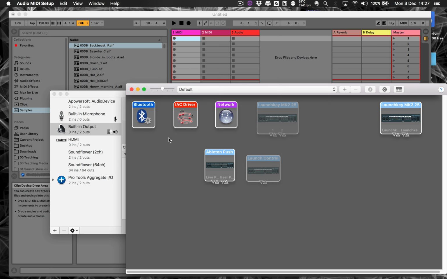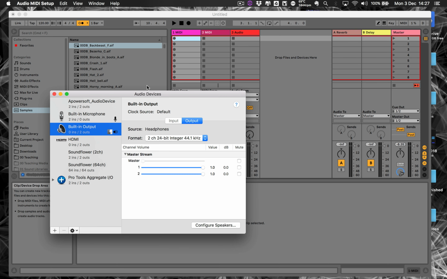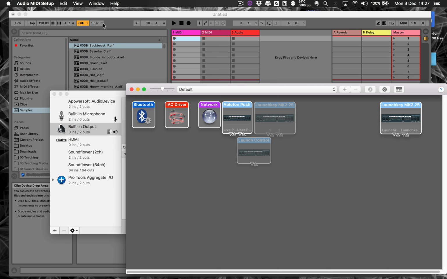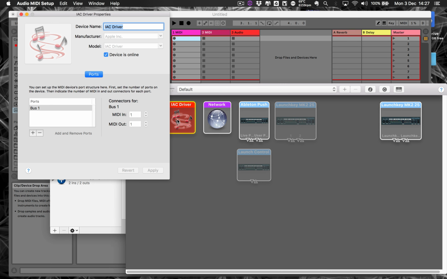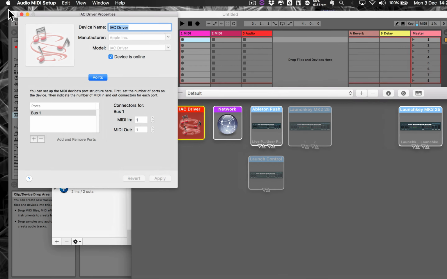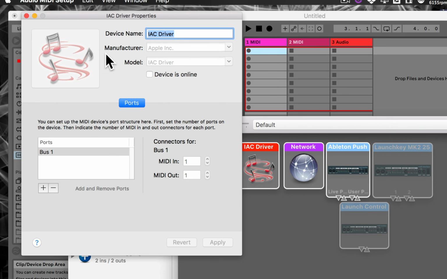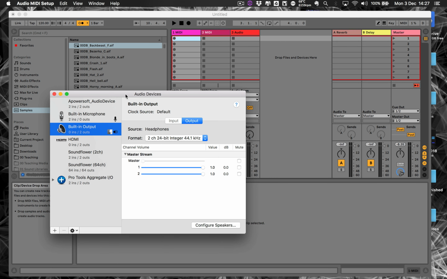We need to see the MIDI Studio window. If you don't see that window, if you just see this window, go to the Window menu there and then Show MIDI Studio. We can then double click the IAC driver to check that it's turned on. So Device is online needs to be ticked, and you should see 1 bus down here. Once we know that it's turned on,